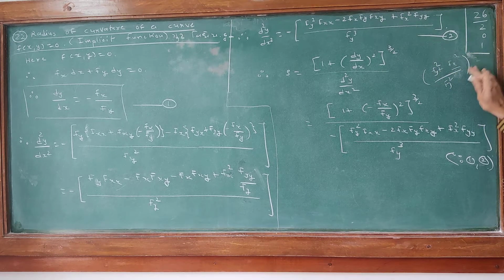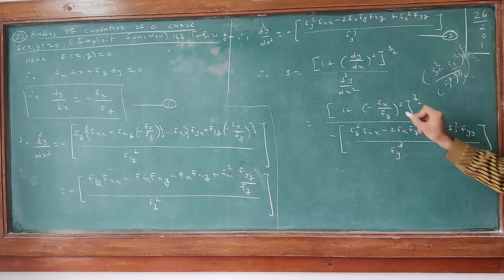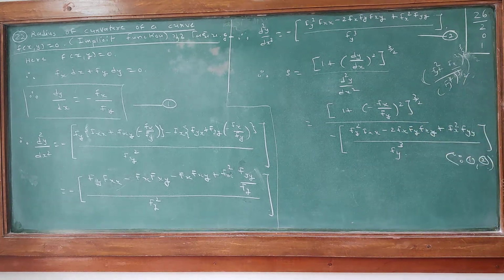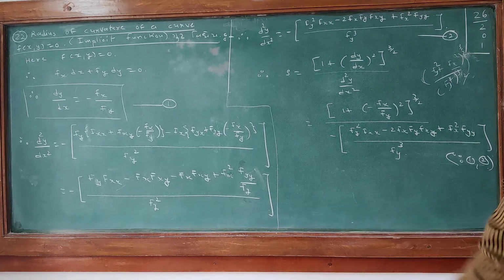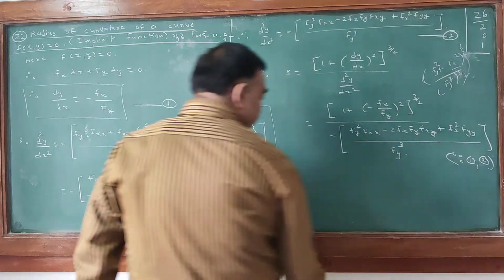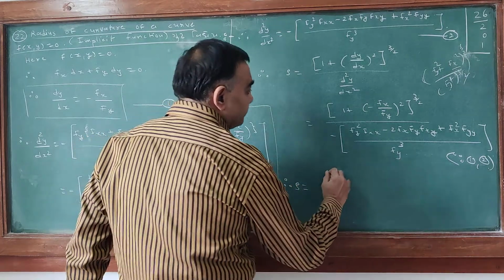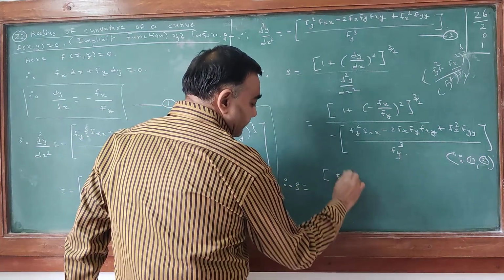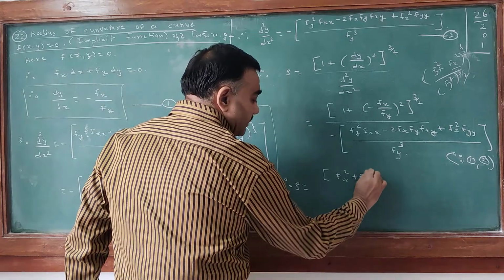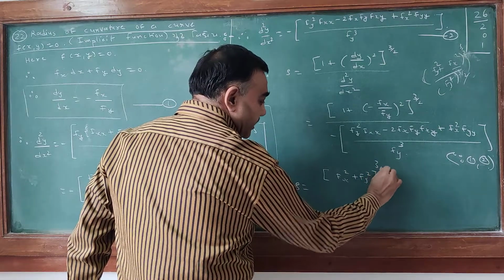Now we can split numerator and denominator. 3 by 2, 3 by 2. So can you understand, this is fy cube, it will be cancelled with fy cube in the denominator. That I am going to do. And therefore, rho is fx square fy square raised to 3 by 2